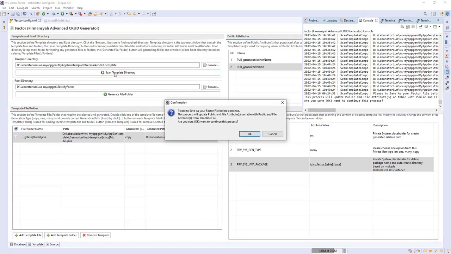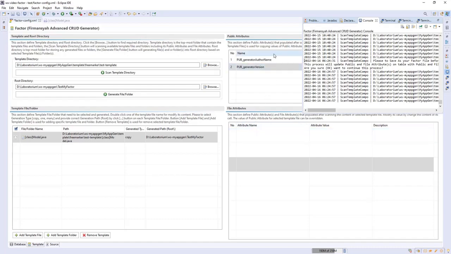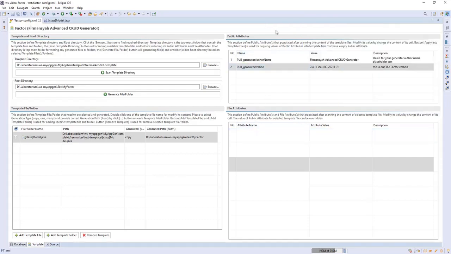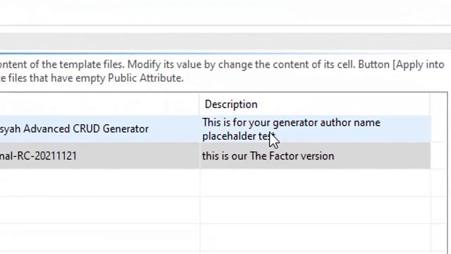But please be aware that it will replace whatever modification you already have in this editor with the original content or value that is already written in the template file. If you click OK, you see the description has already changed in here.